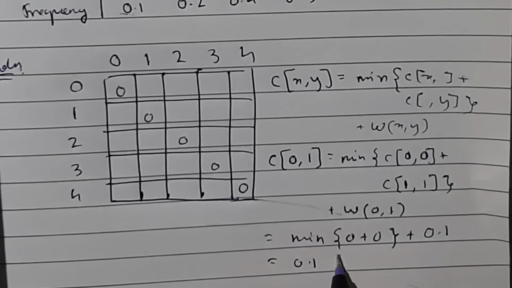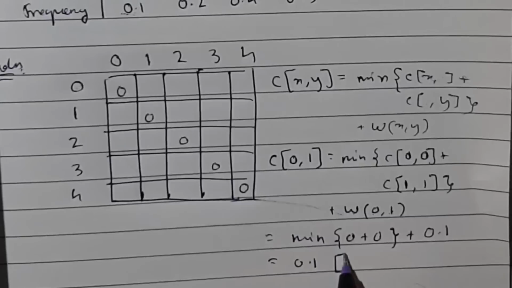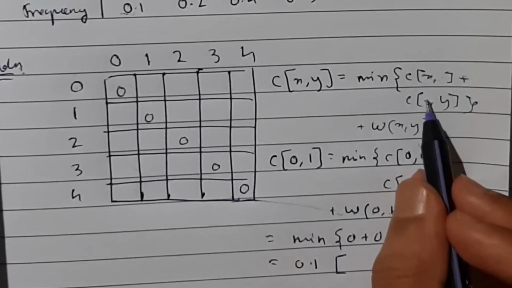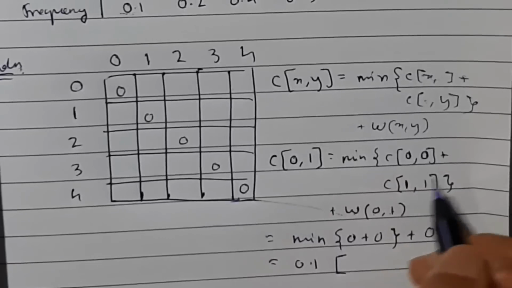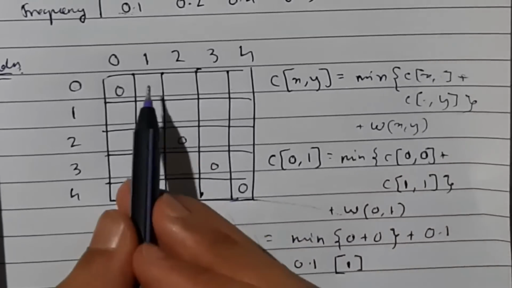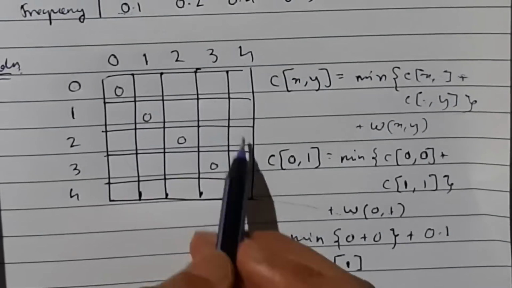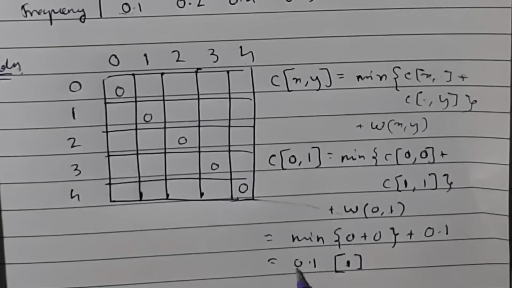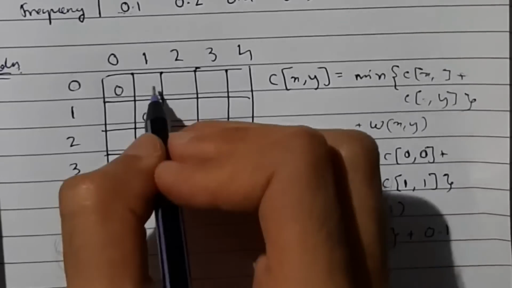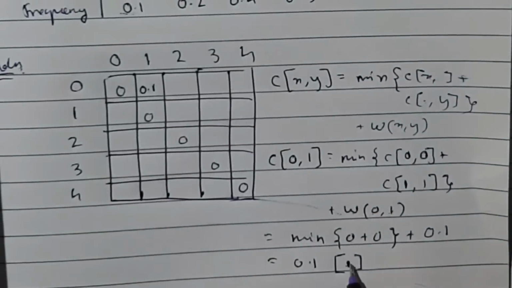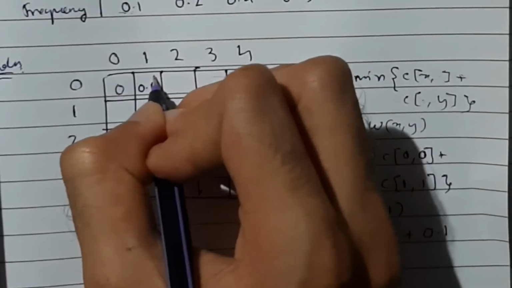So how did we get 0.1? By considering what number here? In this place, the number we entered, you have to remember, okay. That is 1 here. I know it's a bit confusing now, but if you see two or three more insertions of the numbers, then you will understand, okay. So here I have 1 and here I got 0.1, okay. So I'll be filling this cell with 0.1, and above that I'll be writing 1 here, okay.